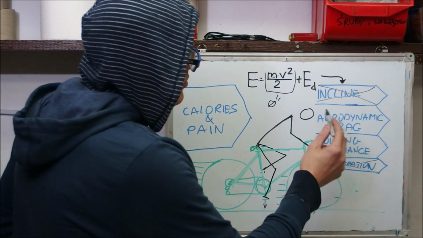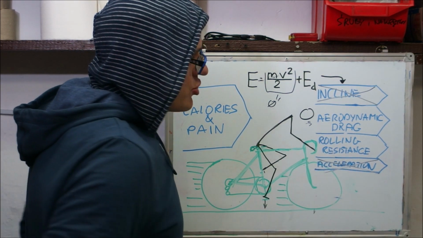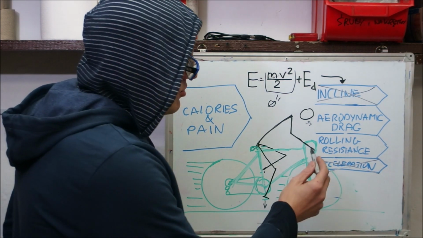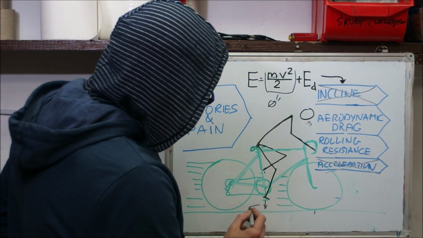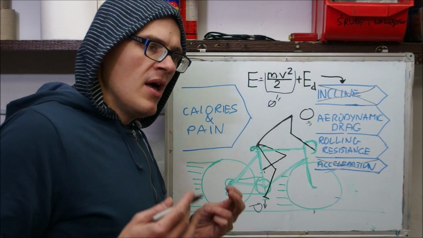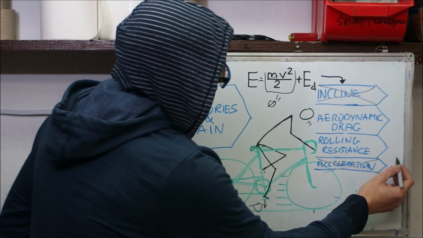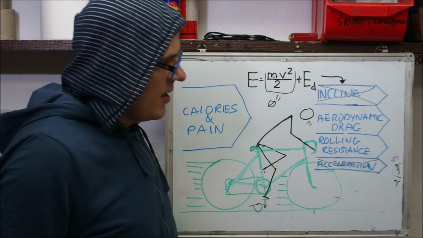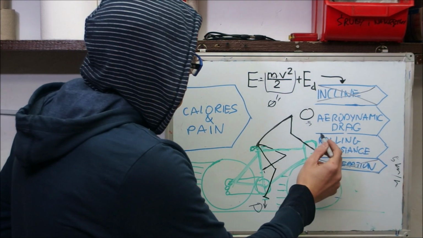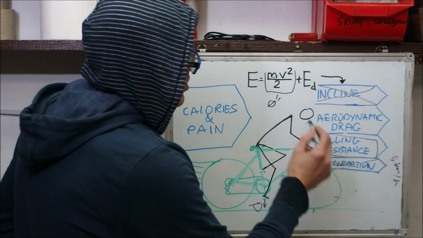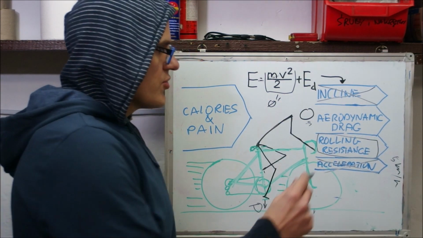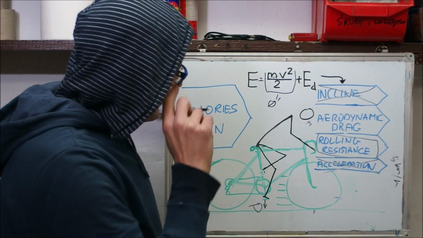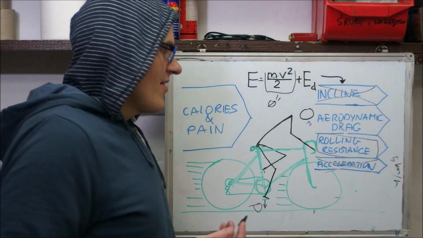But at very low speeds, aerodynamic drag is negligible, which we can ignore, which means that if we measure the power at the pedal at a speed of approximately 5 kilometers per hour, then we are only measuring rolling resistance of your bicycle. Because rolling resistance is rising linearly with speed, we can pretty much say that if your